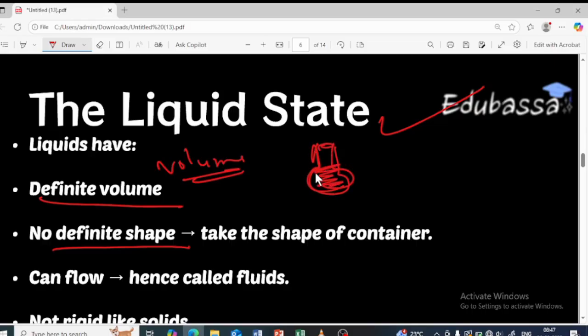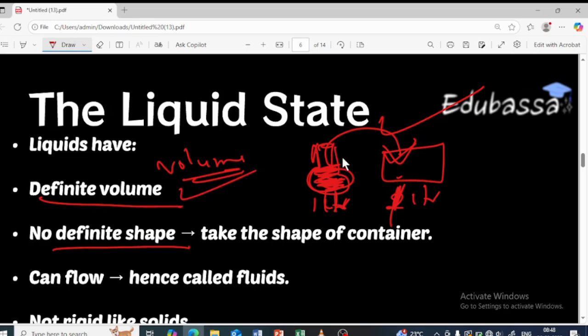So this much amount of water will be there, and I'll be taking one more container and pouring this water. Just imagine 1 liter of water is present over here, and I am going to pour this water into this beaker. What happens? Will the water change to 2 liters? No, it will be 1 liter itself, isn't it? Yes, so the volume is definitely going to remain the same, but the shape is not definite.